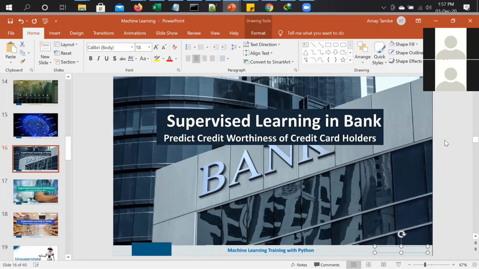So if we talk about banks, and take an example of the supervised learning method, for example, if we wanted to predict on the applications we received for a credit card. I think everybody gets one or two calls in a month or in a week, asking "आपको credit card चाहिए".